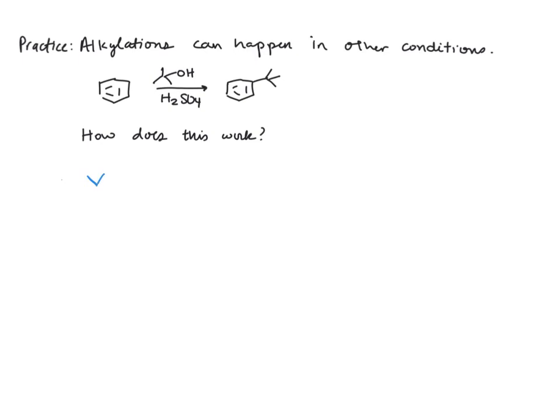Let's start with the tert-butanol. You know that whenever you have sulfuric acid present, you're also going to have water, and therefore you have the hydronium ion, and that is going to protonate tert-butanol. And then in the second step, water leaves as a good leaving group, and you have the tert-butyl carbocation. Then just like when we did in a Friedel-Crafts alkylation,